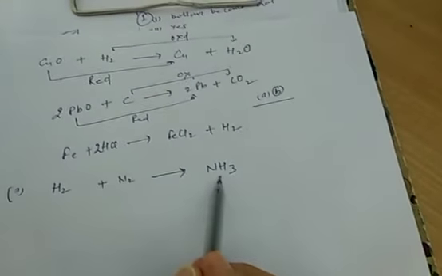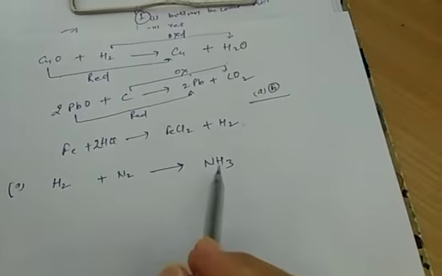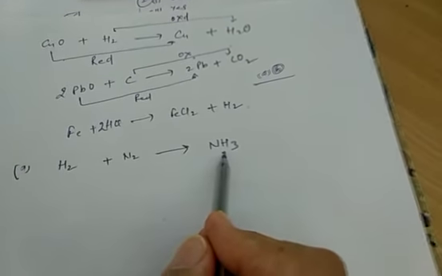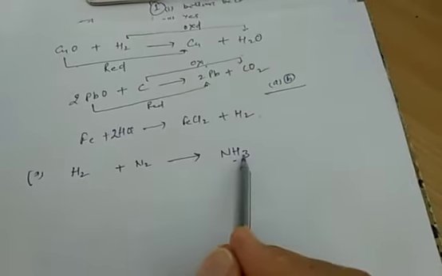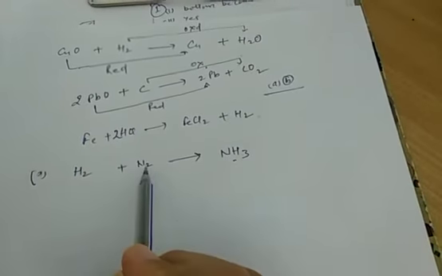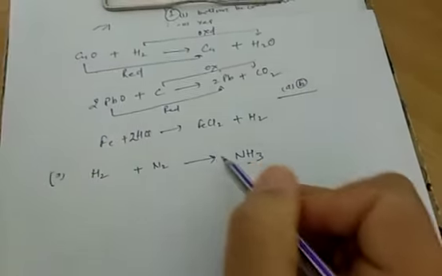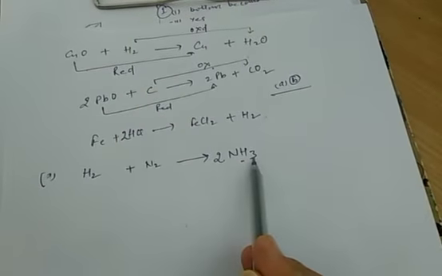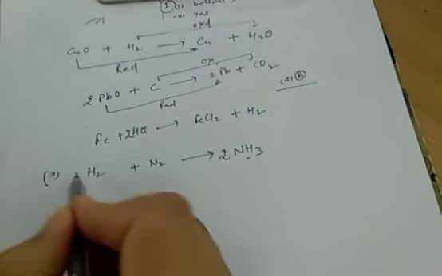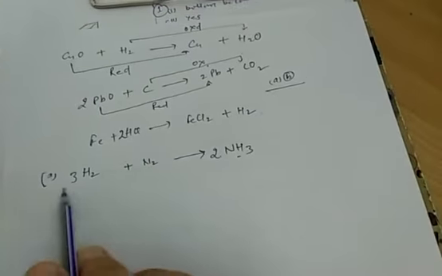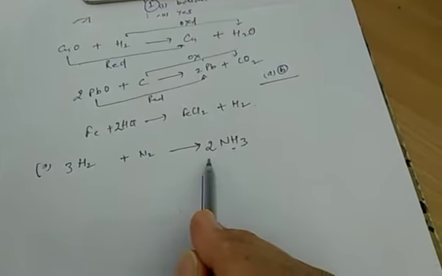Most of the atoms are present in the ammonia, यानी कि सबसे ज़्यादा number of atoms किसमें है? अमोनिया में. So first we balance one by one its atoms. Nitrogen 1, but here nitrogen are 2. So we take ammonia 2. Now hydrogen becomes 3 2s are 6. So this hydrogen, if multiplied by 3, becomes 6. So now it is the balanced chemical equation.